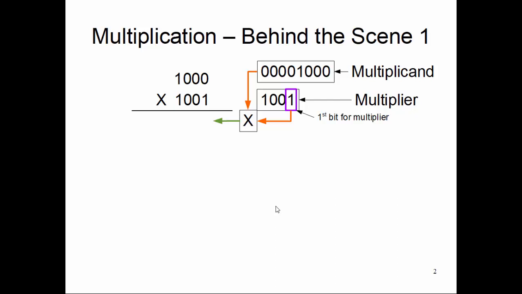Now with that, from these two registers, the 8-bit register and the 4-bit register, I pick up the LSB and multiply. And multiply, you all know, is AND basically, right? So we multiply, and the result becomes 1 0 0 0 prepended with 0 0 0 0, just to make it an 8-bit result from that first stage. And then we left shift the multiplicand by 1 and right shift the multiplier by 1.